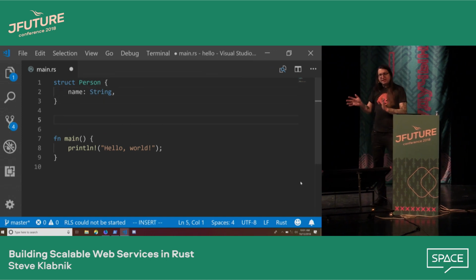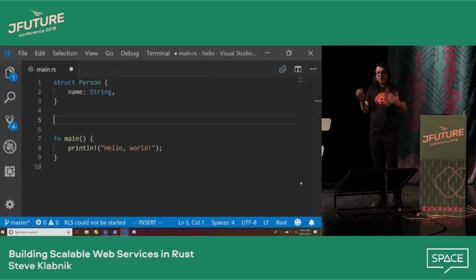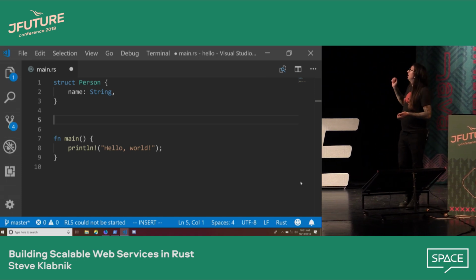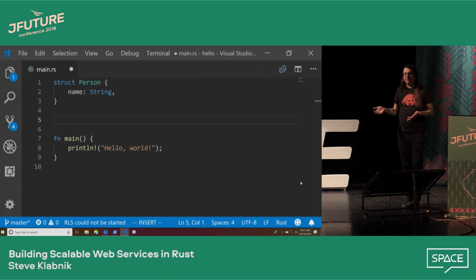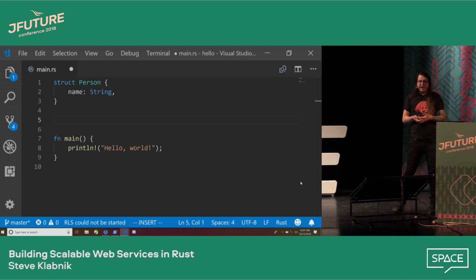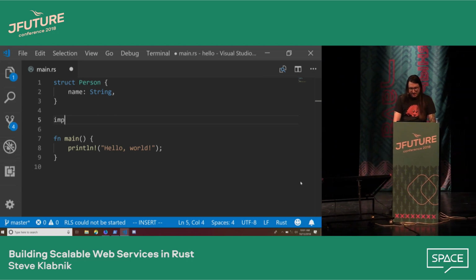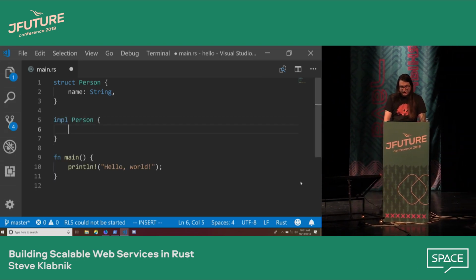And a struct is kind of like a class, except it only holds data. So in this case, this person has one member, and that's of the type string. So they have a name with that string. But we still let you define methods via something called an impl block. So we can say, to implement on Person,